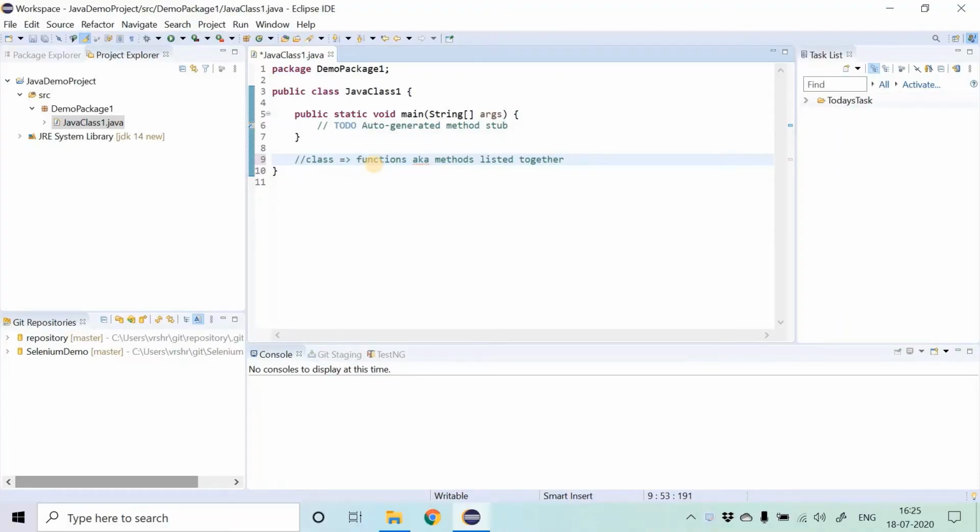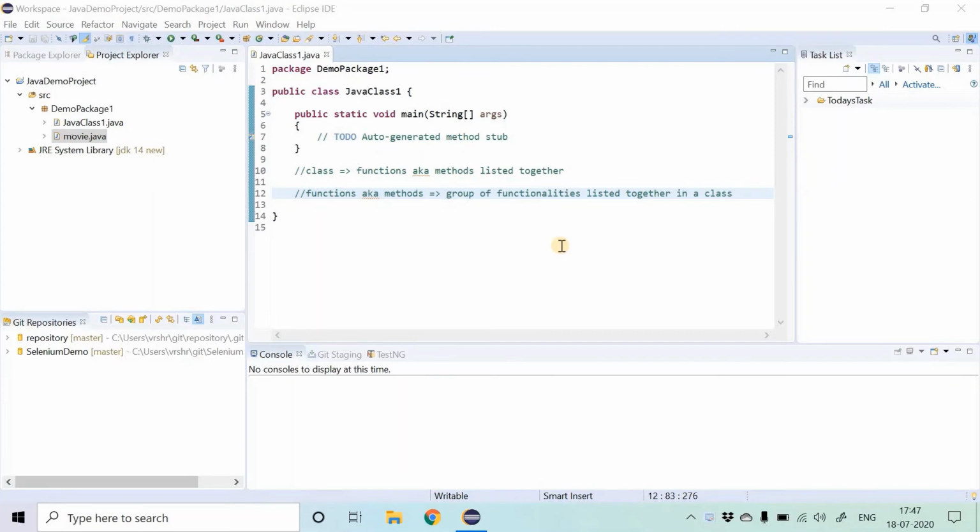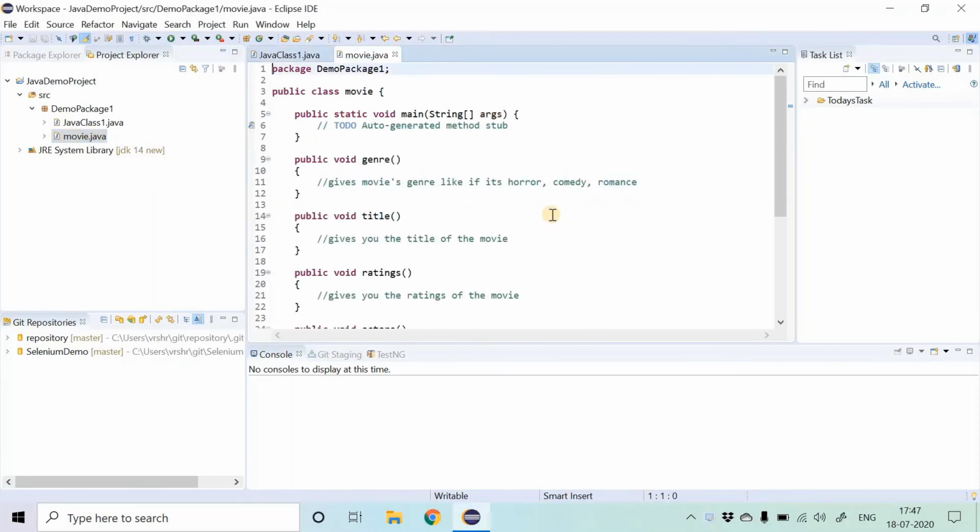A class could be called a container which has functions or methods that could be listed together. The functions or the methods that I'm talking about are nothing but the group of functionalities that could be listed together in a class. In order to explain what exactly a class is and how functions are defined for a particular class, I have created a class called movie. And this particular class will list out all the functionalities that this particular movie will have.